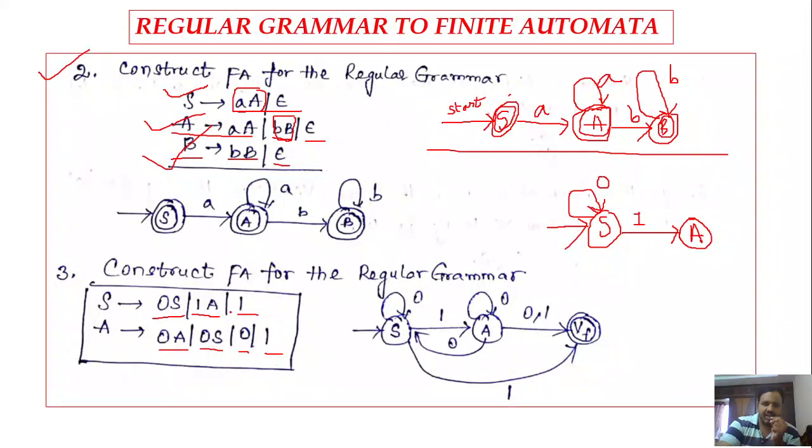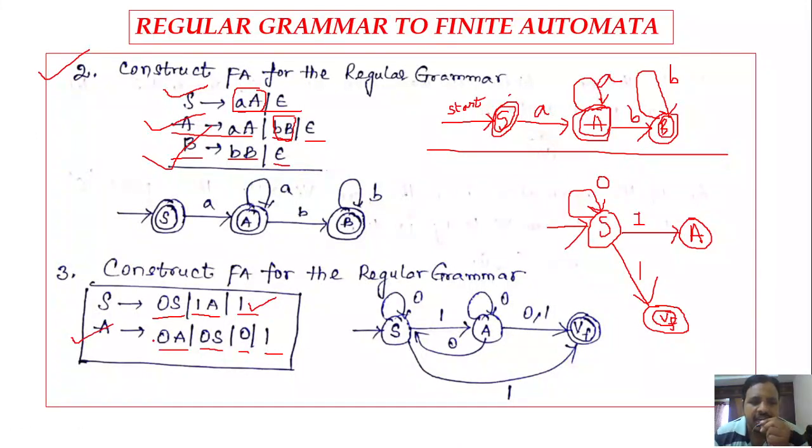Next, S denotes 1. So the variable is denoting a terminal. In this case, you have to add one final state. Let me say this is the final state. VF means the variable related to the final state. Okay, VF on 1. So we have completed all the production rules of S, and then we are moving towards the next production rule, that is